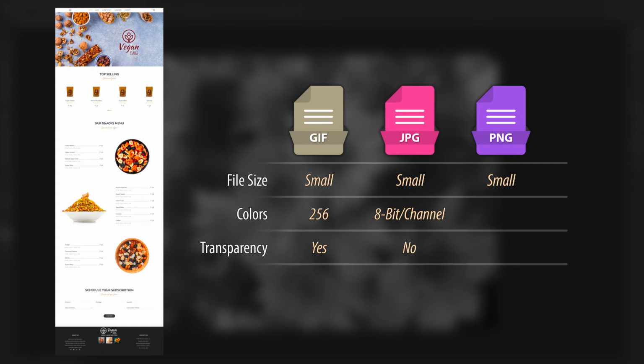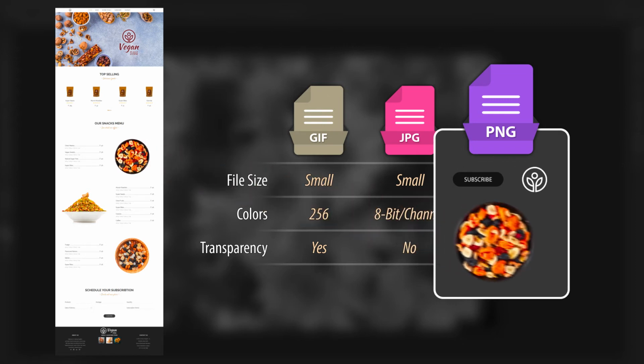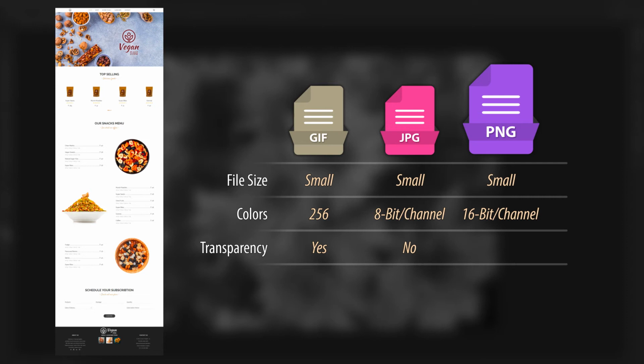If you want millions of colors to be present in the image with transparency, we have another file format named PNG. Images like website buttons, logos or product images with no background can be saved as PNG file type. A PNG file can have 8-bit or 16-bit per channel depth. In other words, it can have 24-bit or 48-bit per pixel depth. A PNG image can store more colors than a JPG image with an additional alpha channel for transparency. That makes the PNG image larger than the JPG image.